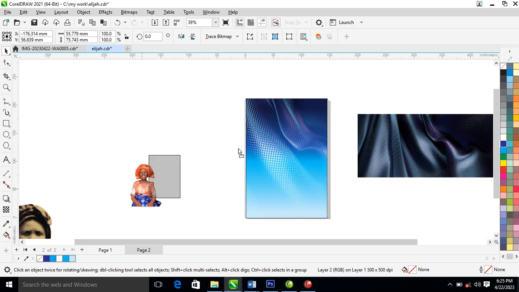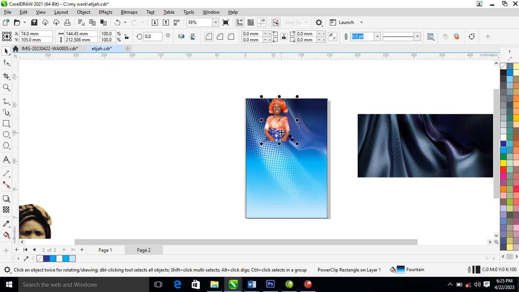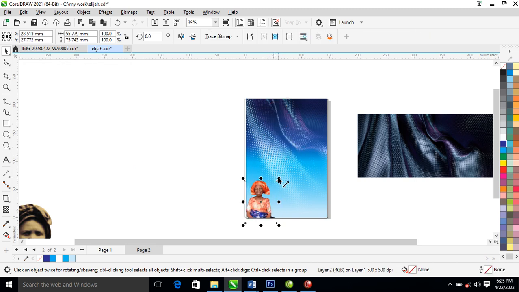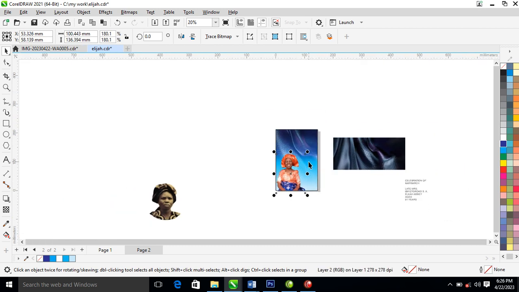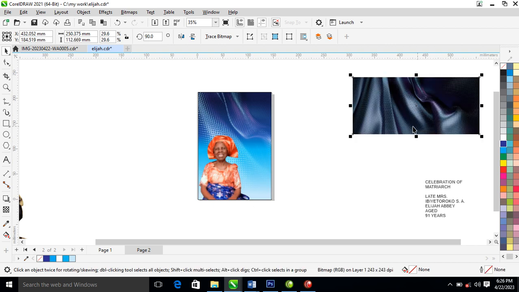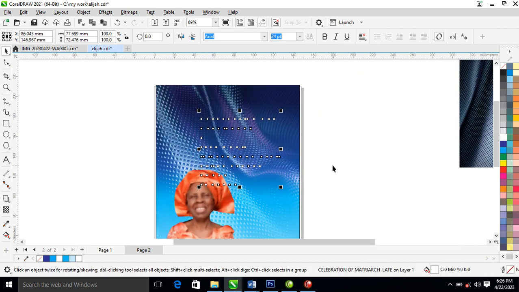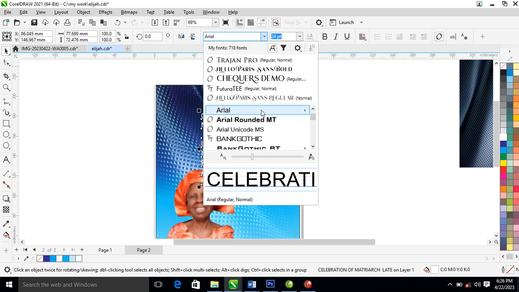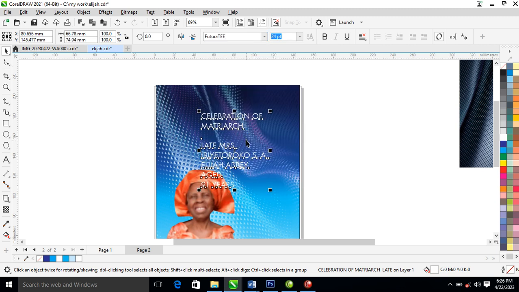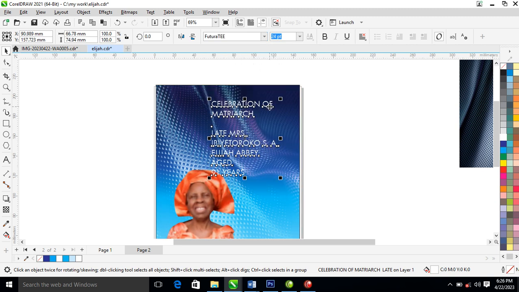Then let's Powerclip the picture into place. So adjust that downward. Good. Make it a bit smaller. So right now what we are going to do is to bring in the text. So change it to white. So right now what you're gonna do, let's go ahead and change it to Futurati. Then you go ahead and